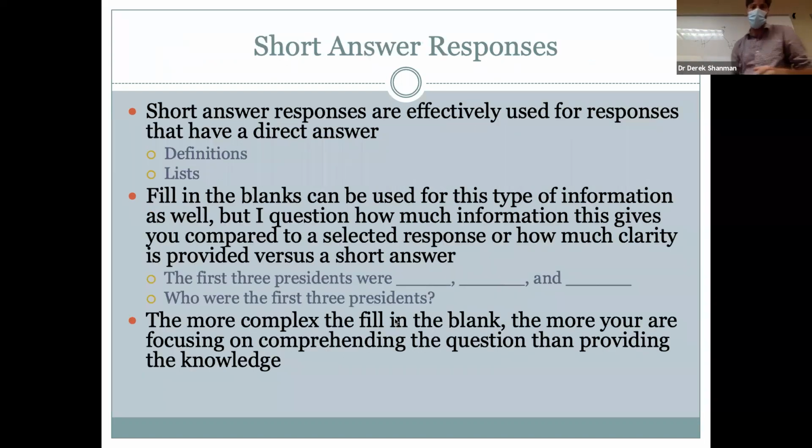All right. So short answers in general, I think, are very effective uses for responses that have direct answers. So when you are fishing for one specific thing, that's where you're going to use a short answer question. So if you're looking for a definition of something, if you're listing something,